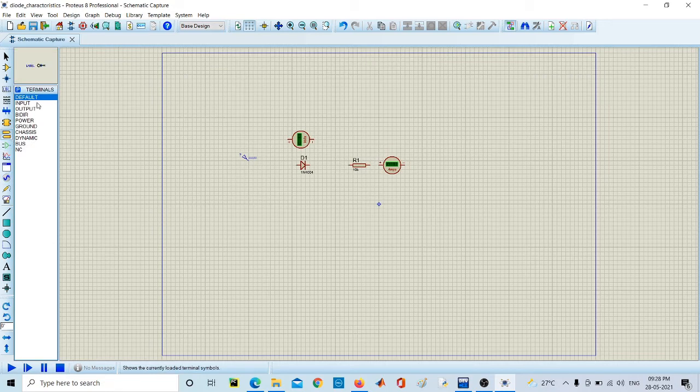Select this icon and click on ground, and place it here. Now we just make the connections for this. Select this, and connect this also.